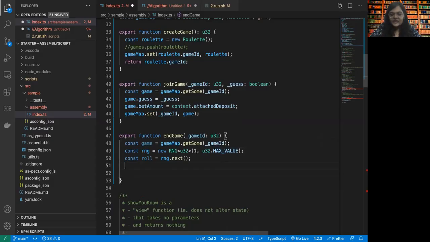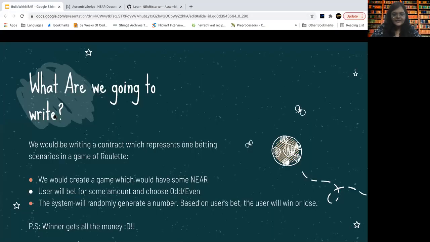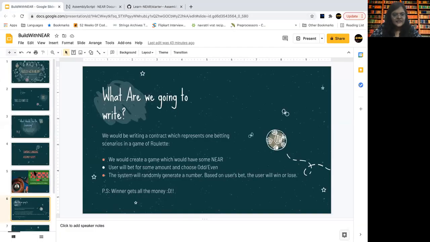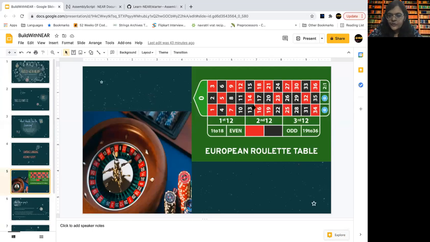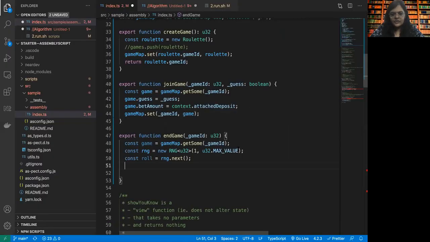We can either generate a random number between 1 to U32.max value, or we can go back to the roulette and see what is the maximum number in the roulette. The maximum number in the roulette is 36. So why don't we try to generate a number between 1 and 36? So let's try this.